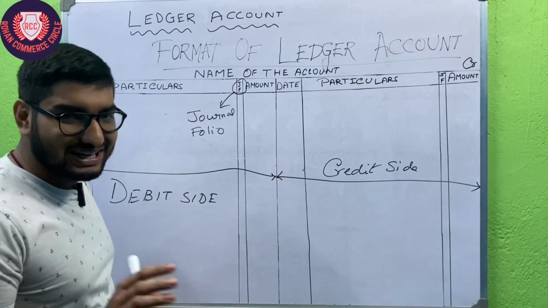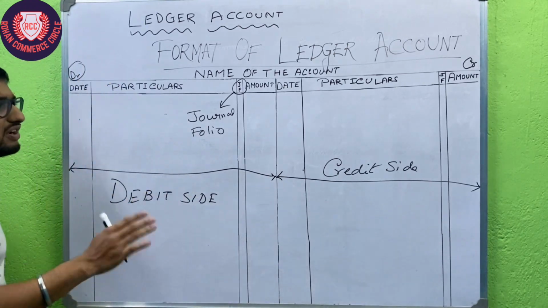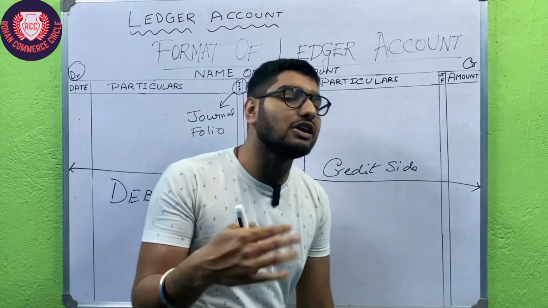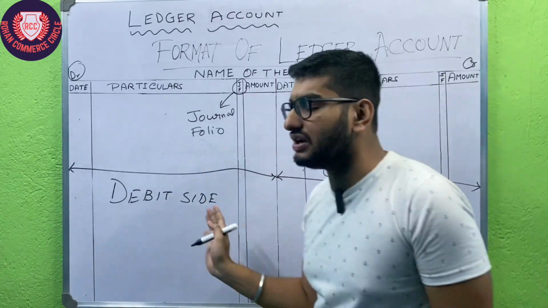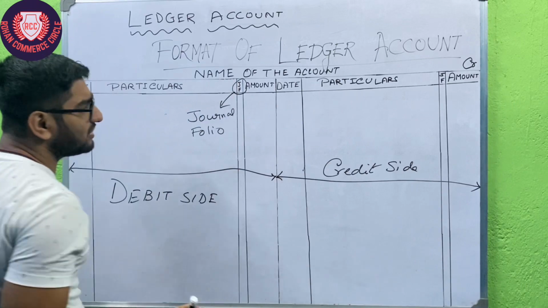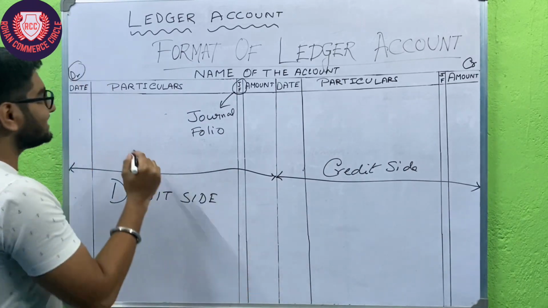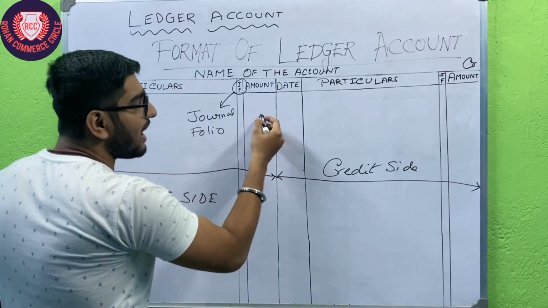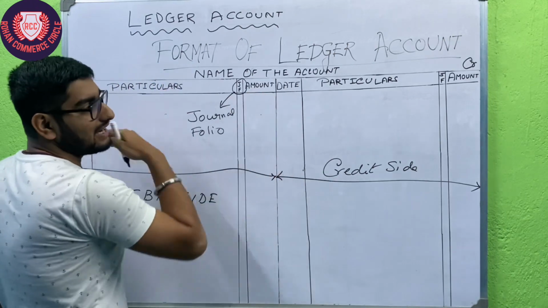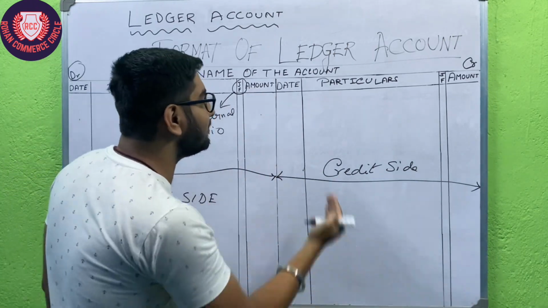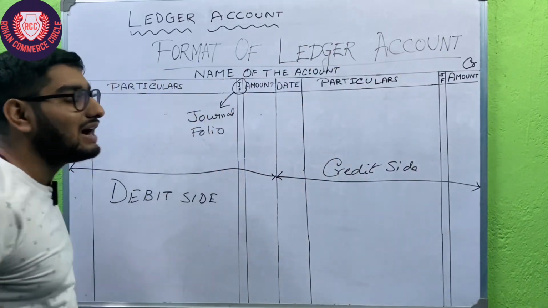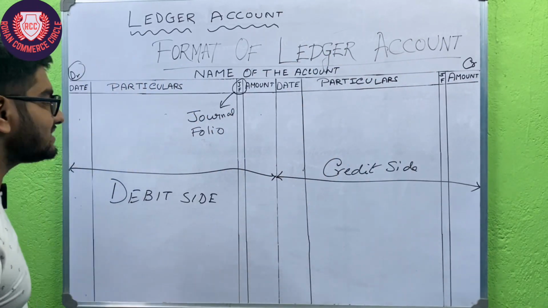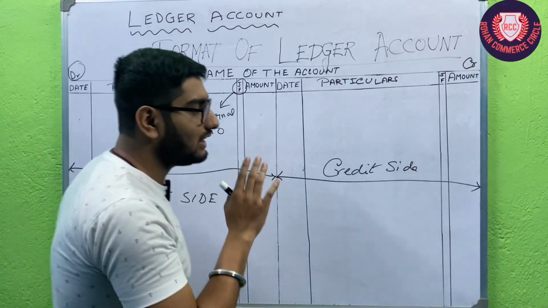We don't need to write it in class 11 and 12, and also in BCom we don't require it. If we are doing any commercial work, then we require the ledger folio and journal folio. But in education we don't actually need this. Okay. So basically date, particulars, JF, amount. This will be the debit side, and the credit side will be the same: date, particulars, JF and amount. That will be the credit side. Okay. So this is the format of the ledger account.